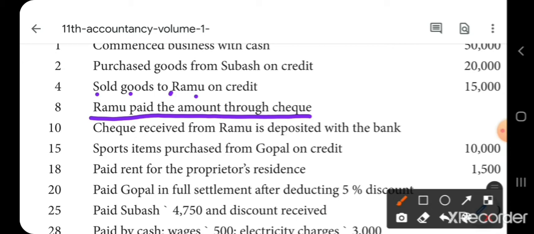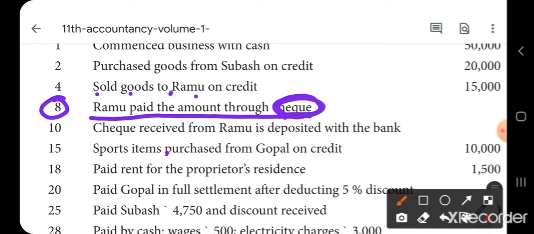Now, when you receive a check, it is treated as cash receipt. Why? Because when someone gives you a check, it is just like you're receiving cash. Only when you deposit the check in the bank, it becomes a bank transaction. So, make a note in pencil somewhere near the problem. Near the transaction dated 8, you write check receipt to be treated as cash receipt.